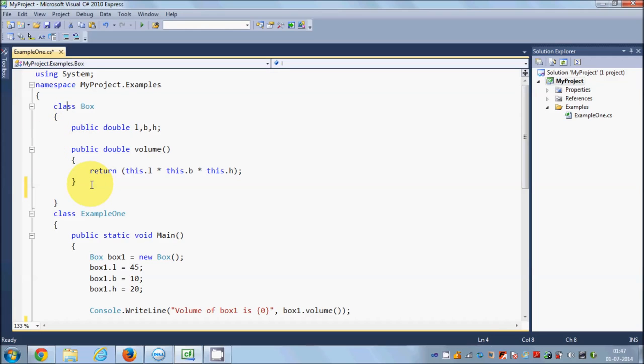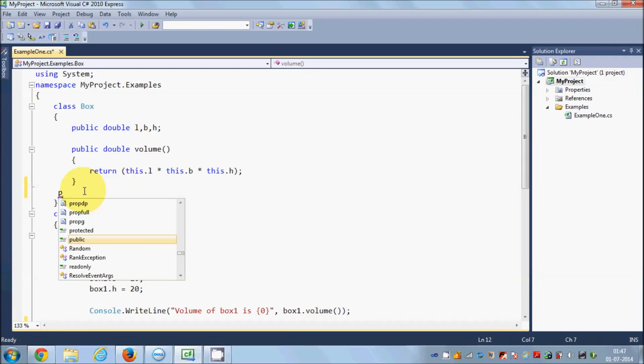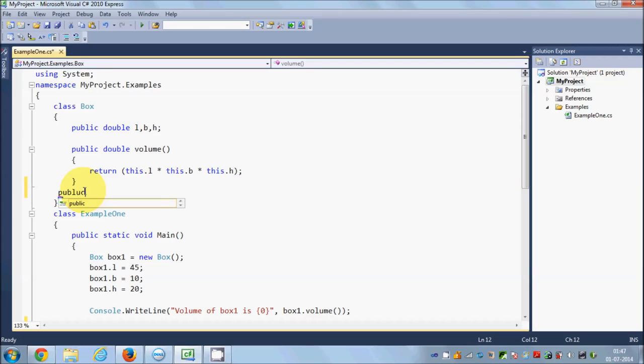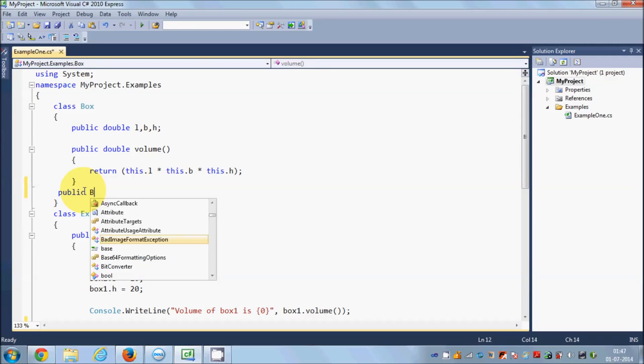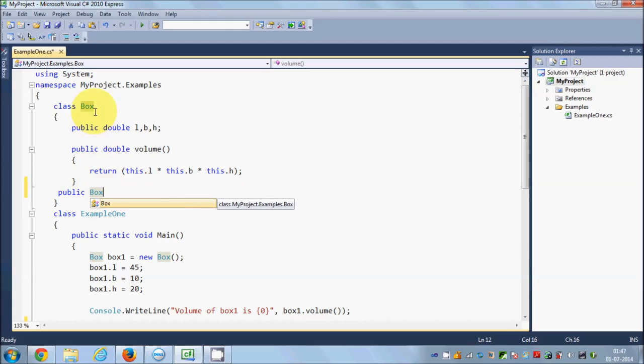And the biggest or the important property of constructor is it has the same name as your class name. Okay, so how you can define a constructor? Just give an access specifier, for example public, it should be public, and then the name of the class. Our name of the class is box, you see here. So constructor has always the same name as your class name,